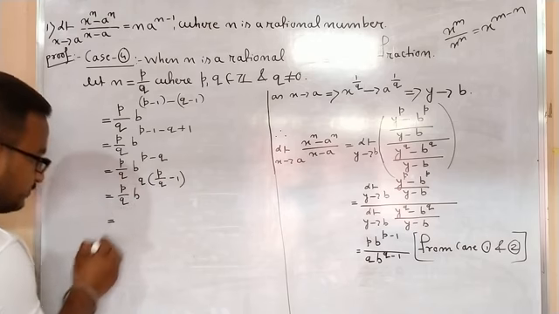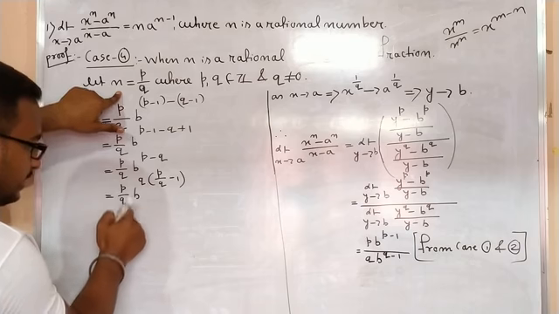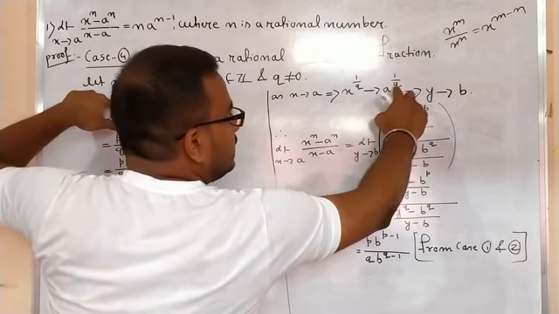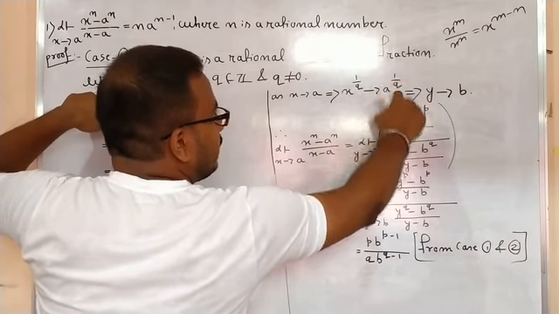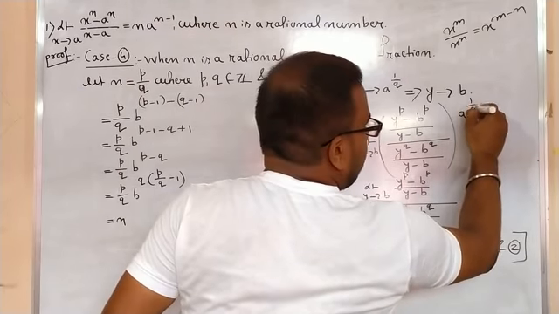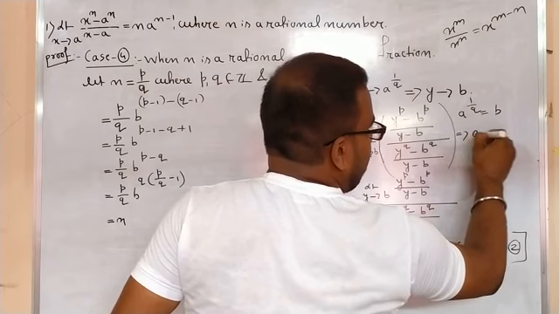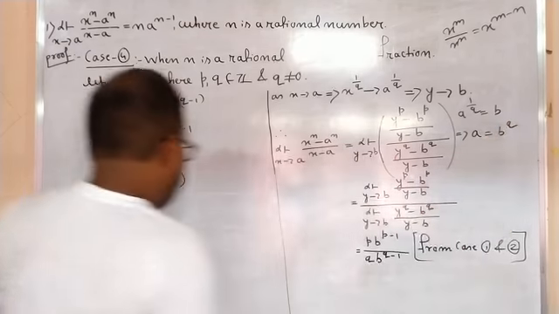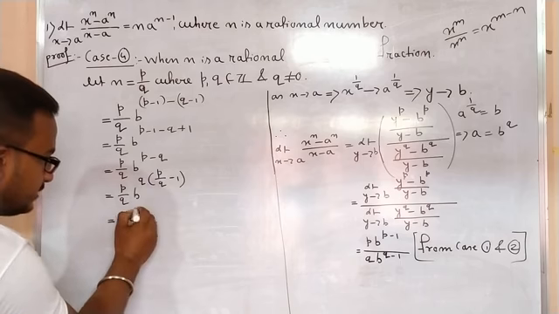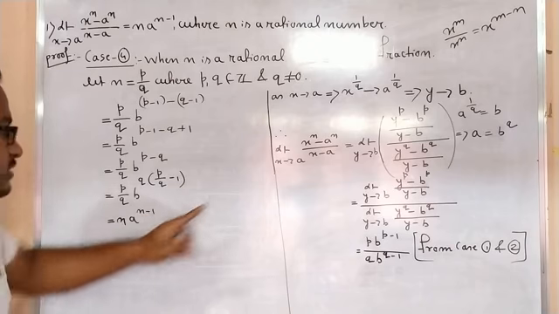Now just put the value. What is p by q? p by q is n, right? Now what is b to the power q? b to the power q is a, because a to the power 1 by q is b. You see, a to the power 1 by q is b. Now if I take the qth root, you will get a equals b to the power q, right? So b to the power q is a, and this p by q is n, and this is minus 1. Now again I have proved n a to the power n minus 1 for this.